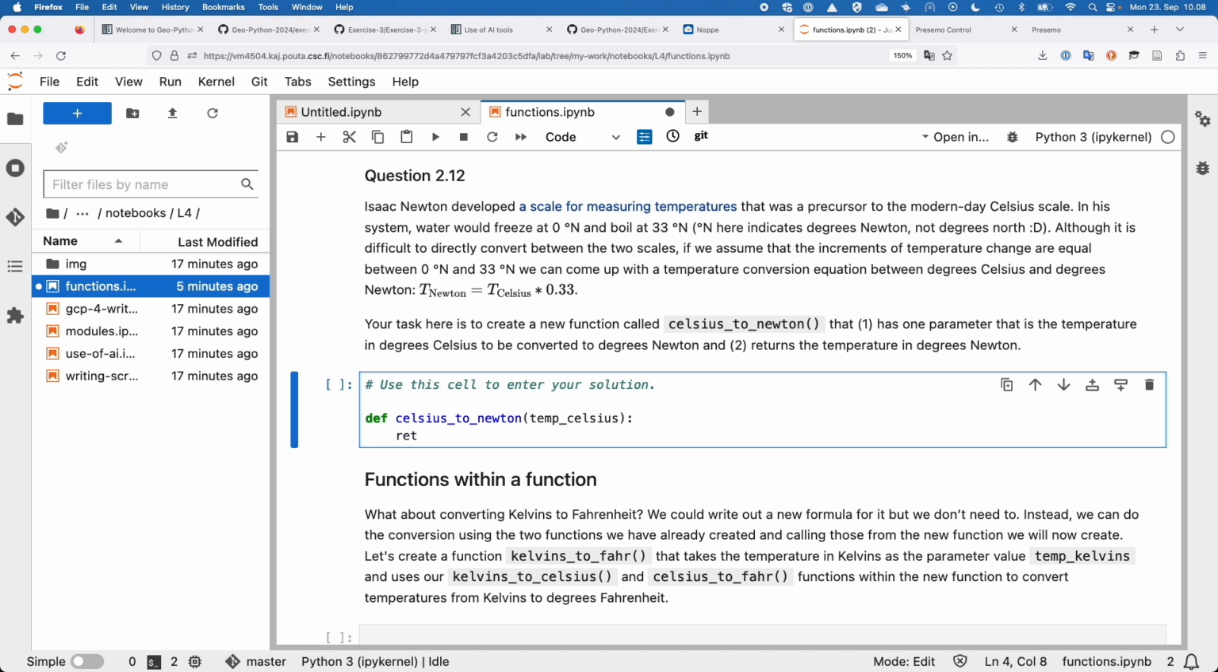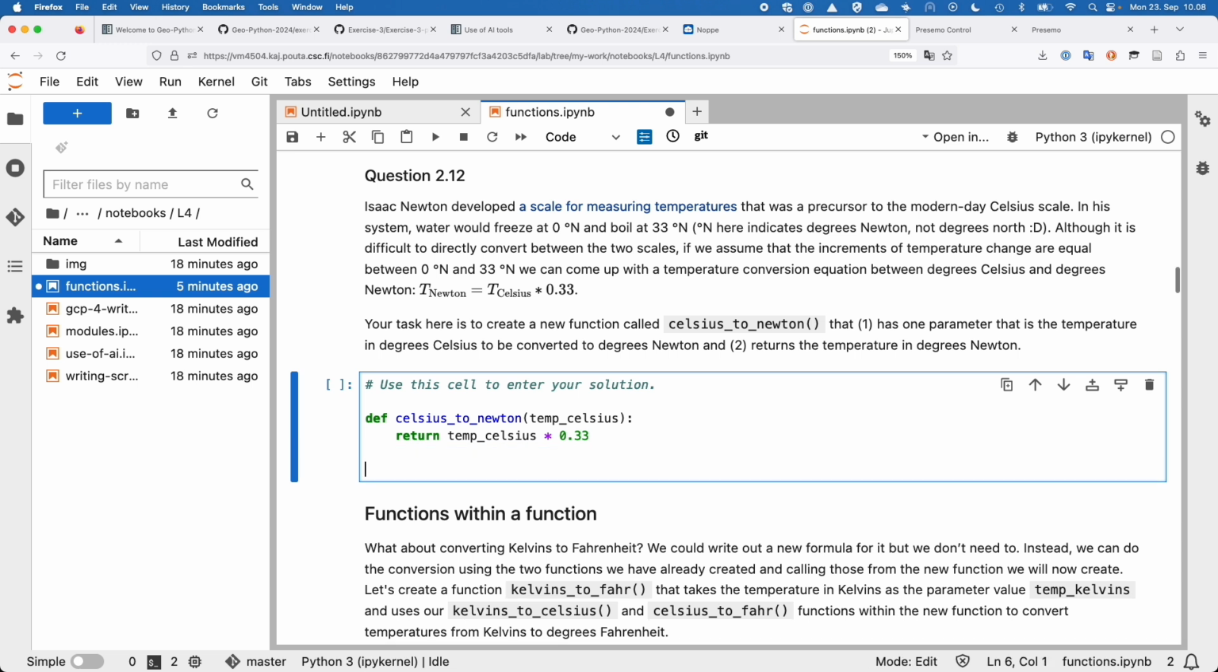And then for our return statement, we're simply going to return the value of temp Celsius times 0.33, which should work for us: 100 degrees Celsius should be 33 degrees Newton, 0 degrees Celsius should be 0 degrees Newton. And we can both define it here, and if we wanted to say print,